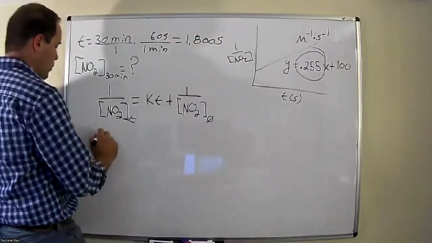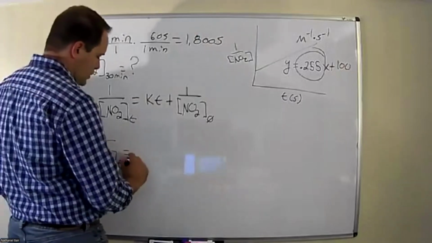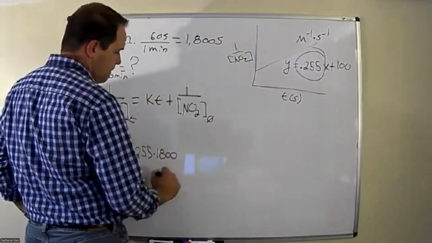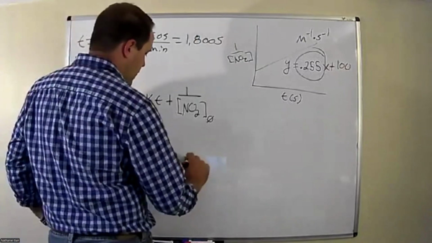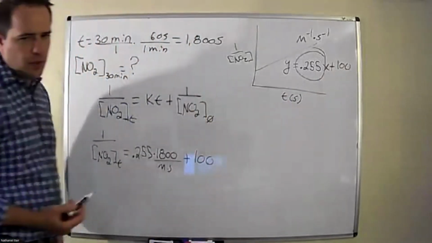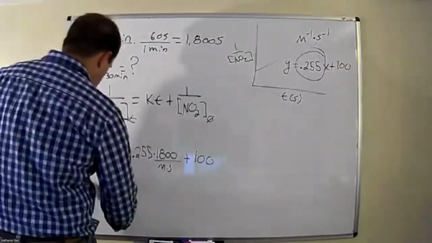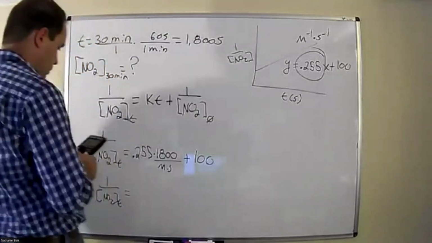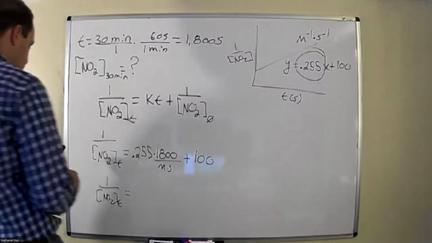Okay, so 1 over the concentration of what we want is equal to 0.255 times 1,800. And if you want to put the units on there, it is per molar per second because it's second order, plus 100. That 100 is already the 1 over the initial concentration. So now this is really easy. You can just plug that right into your calculator. 1 over the concentration after 30 minutes is equal to 0.255 times 1,800 plus 100. And you're going to get